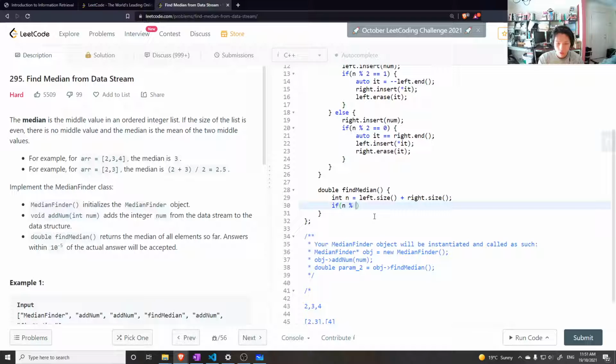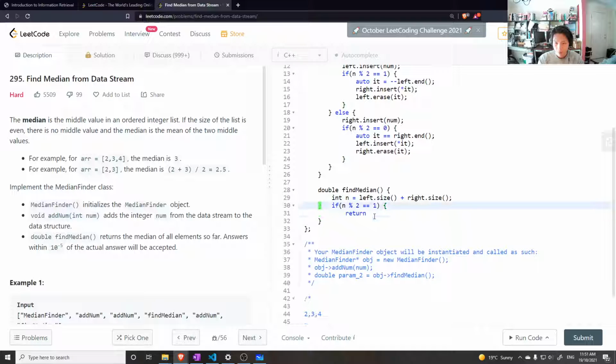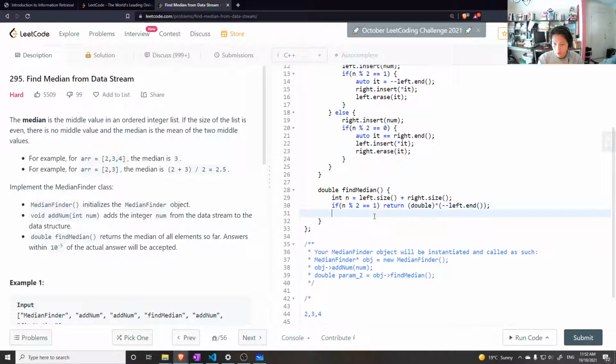If n modulus 2 is equal to 1, so if it's odd, then just return left.end minus minus, and let's also dereference it. And because we're returning a double, let's cast it to a double. Else return